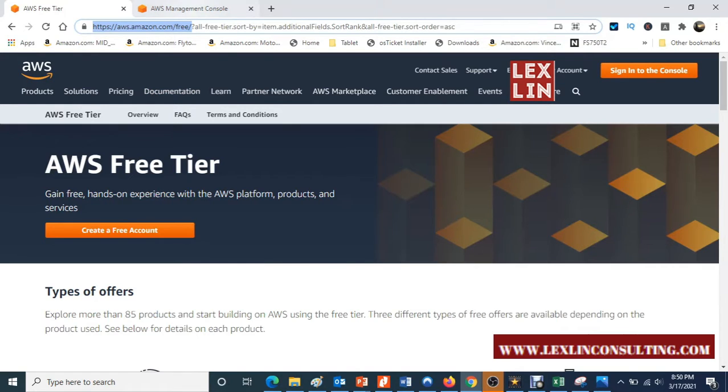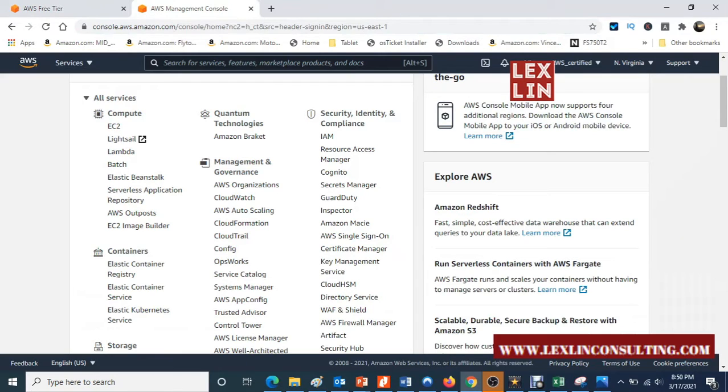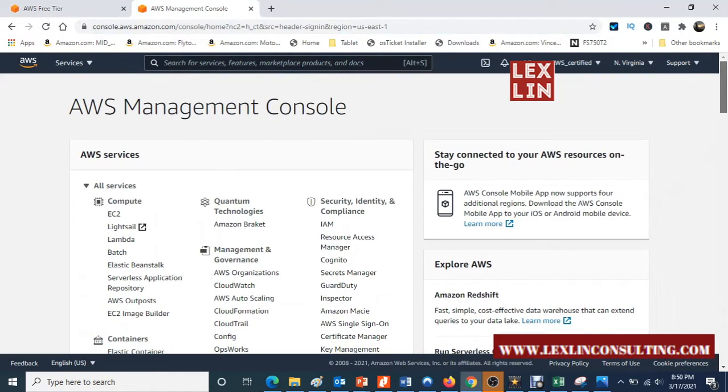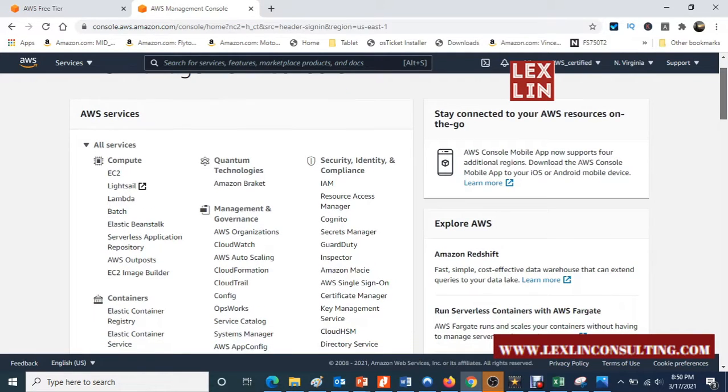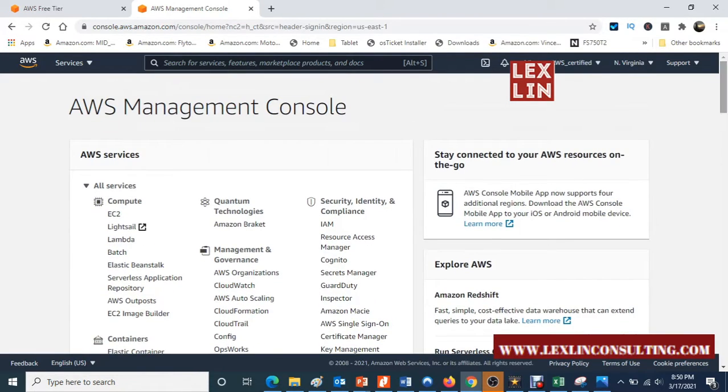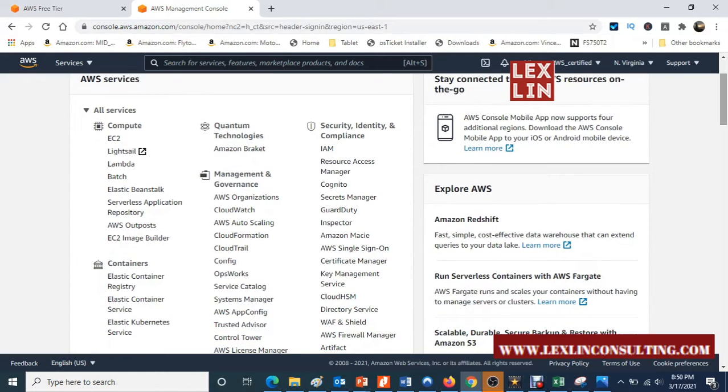I already have an account, so I'm already logged in. I have a paid version, but I use it very lightly. But it's a good way to familiarize yourself. So the first thing that you do is when you get into console.aws.com, you log in, and it presents you with the management console. And you see the services that are being offered right there.